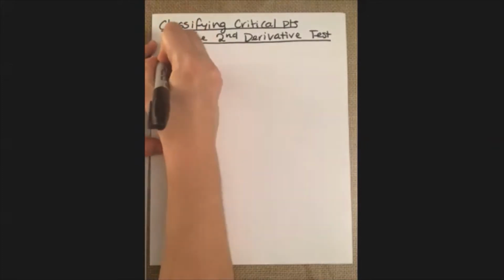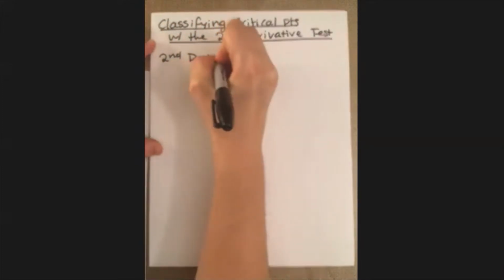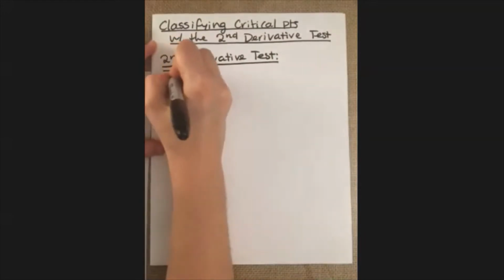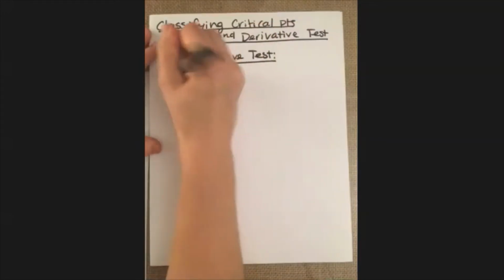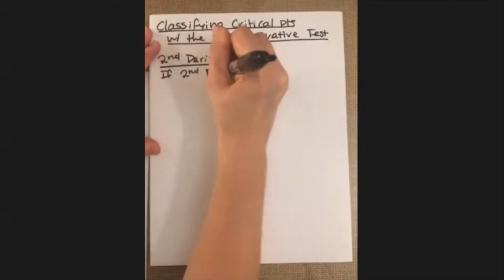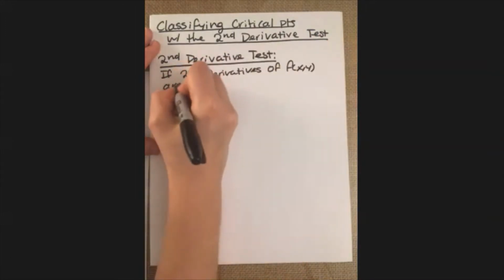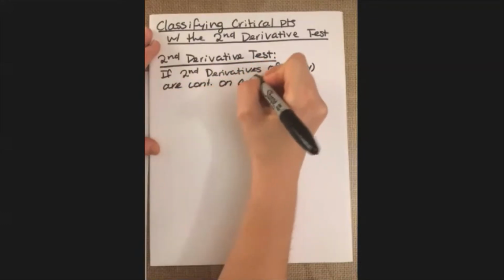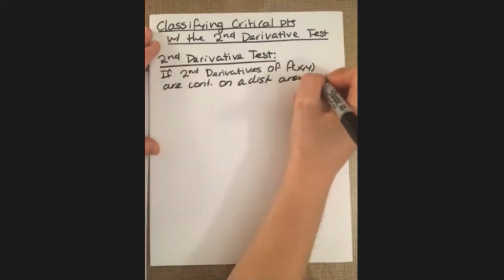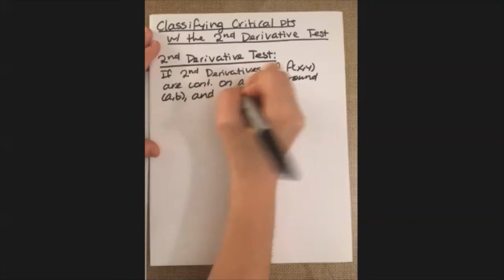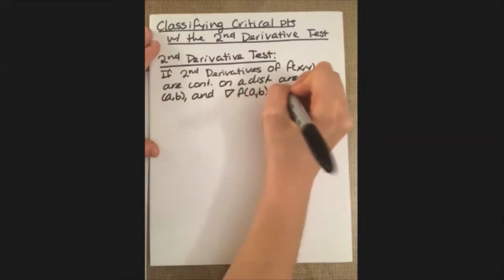So just to remember what we're working with here, the second derivative test says that if the second derivatives of f of x,y are continuous on a disk around the point (a,b), where (a,b) is such that it makes the gradient of f equal to 0, then